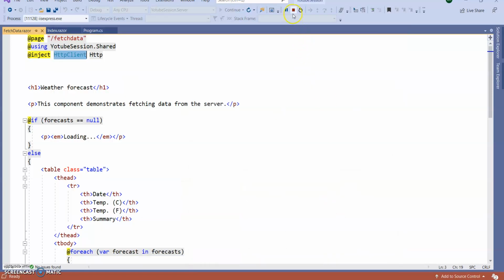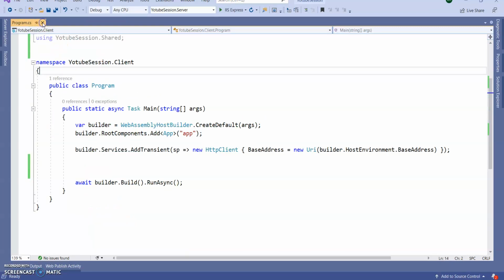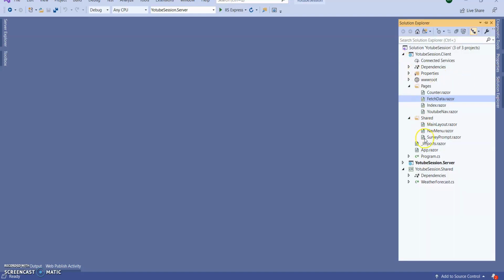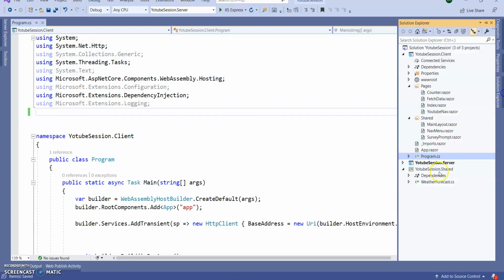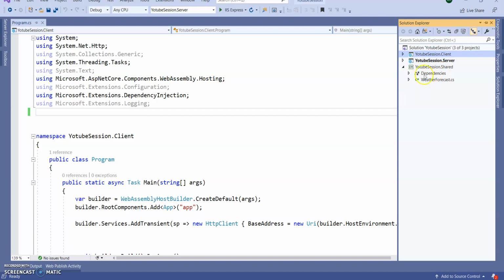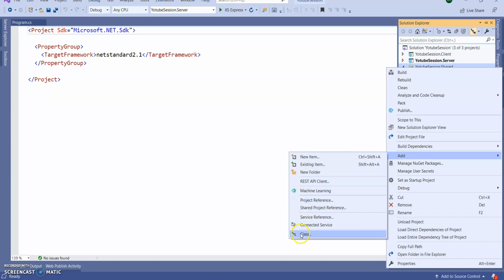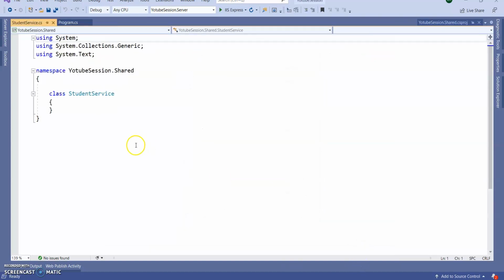Okay, stop the application. Go to the shared project and create one class here to save student. I'm giving the name StudentService.